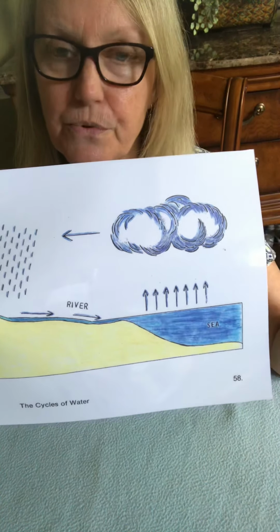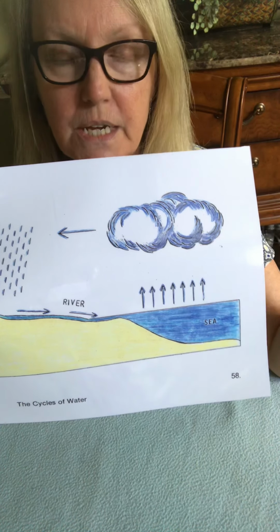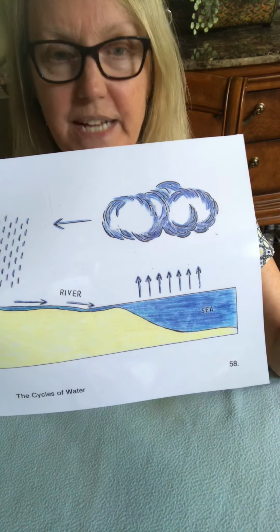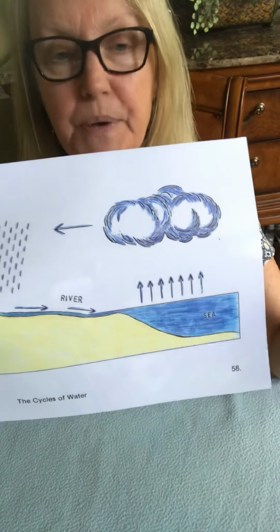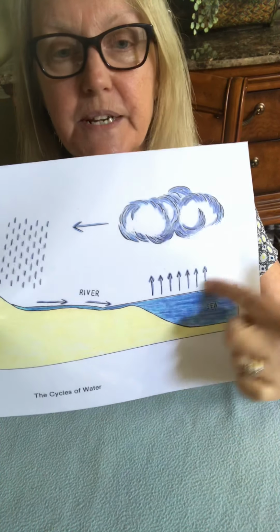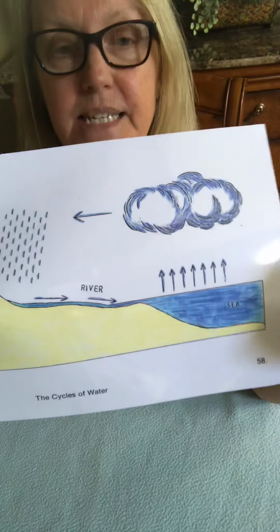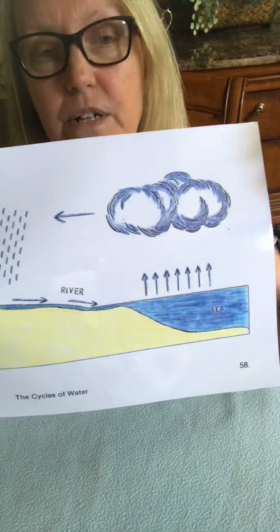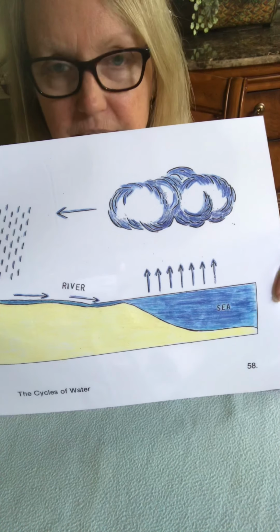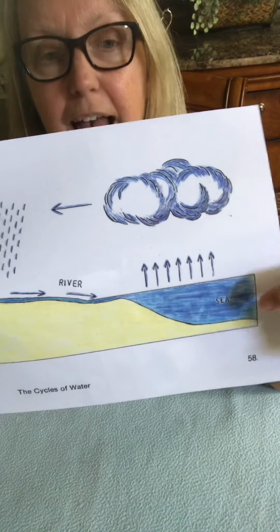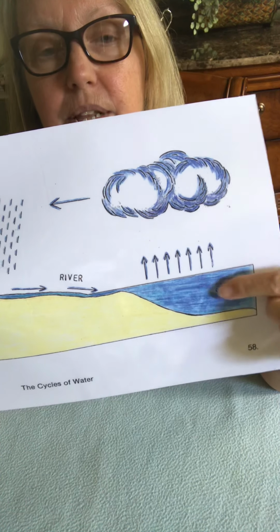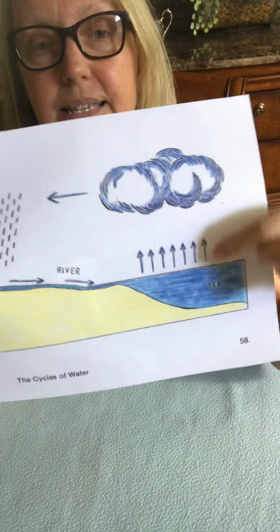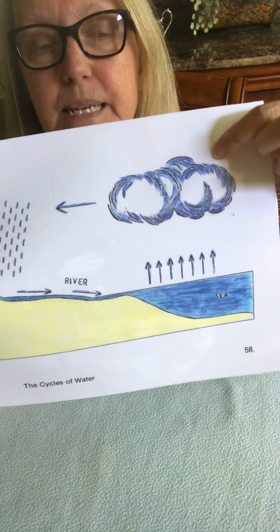And we know the rule that the particles were given: when you get hot, you will get lighter and you will float up. So the particles here, when the sun shines and they start to go up, up, up, we call that evaporation. Evaporation happens when the liquid particles in the water have become gas and they float and rise up into the